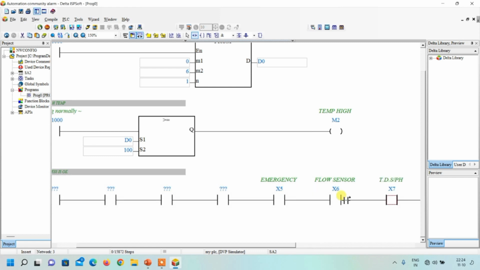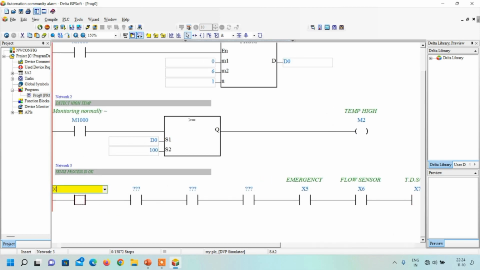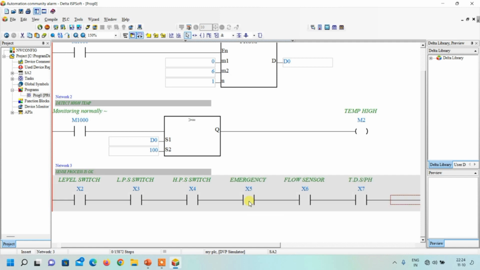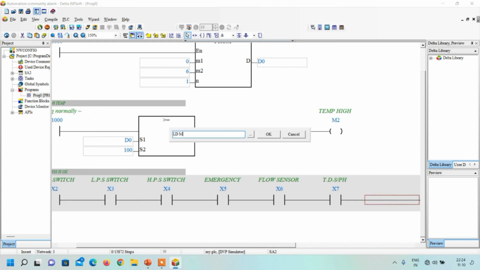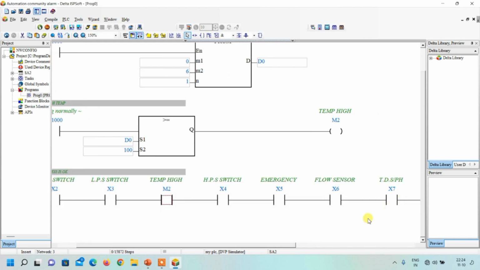So there are two ways, whichever way you feel easier. Okay. Here we have to write address for each like this, X2, then X3, X4. Okay, let us delete this. We don't require this. And again here we want LD M2,